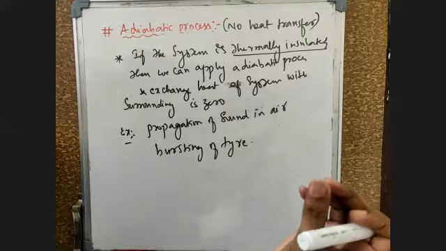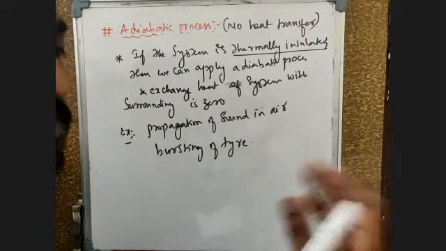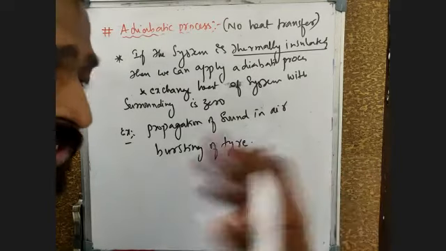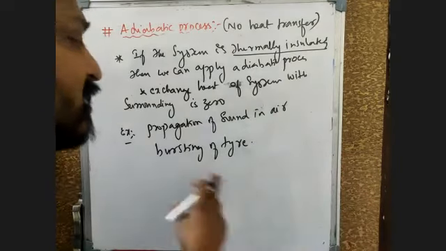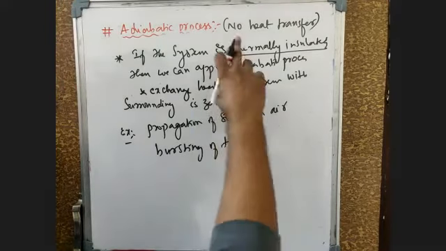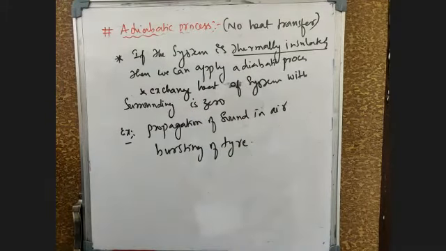Because the surrounding is very large and the bursting of a tire is very small. So when there is an exchange of gases, there is a sudden exchange of gas. Because of that, you cannot calculate the amount of heat transferred. Any process which takes place very suddenly is called an adiabatic process. Now, can you tell me what will be the molar heat capacity in this process?